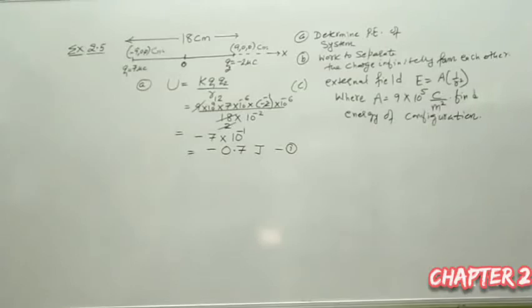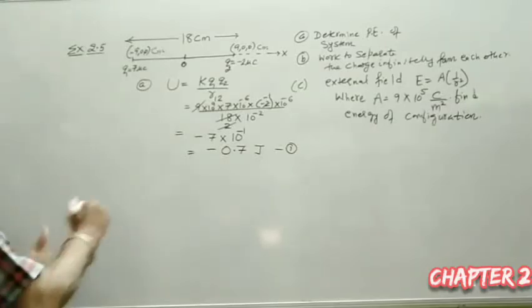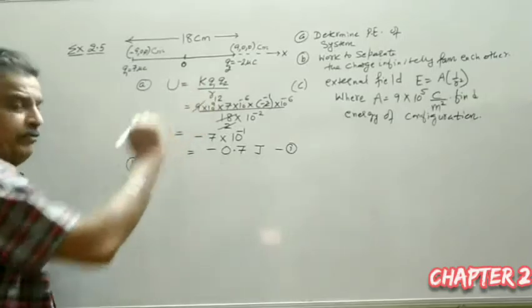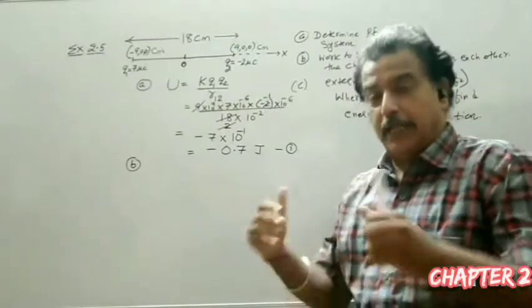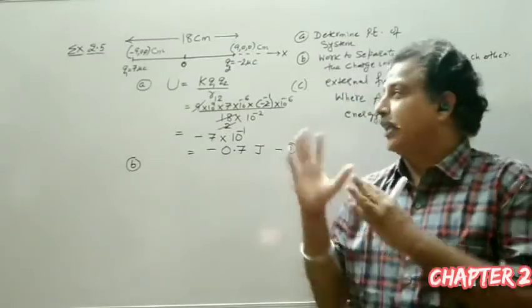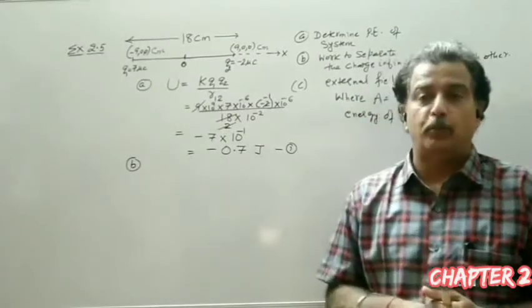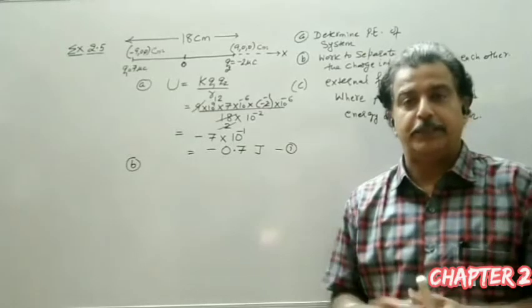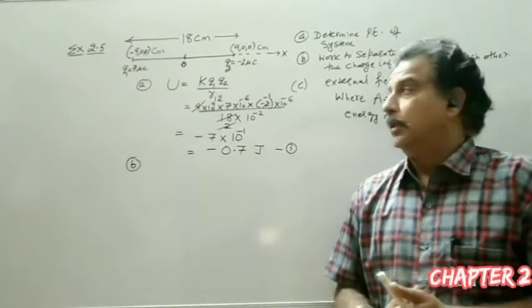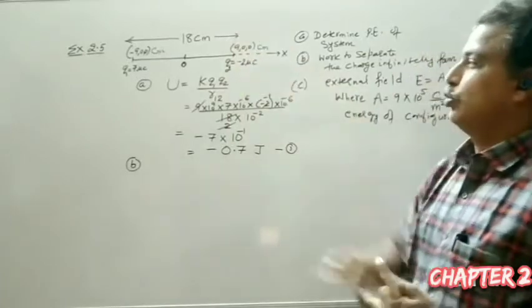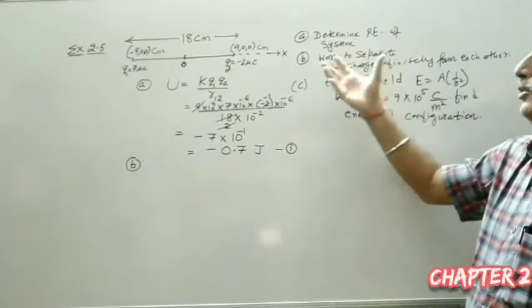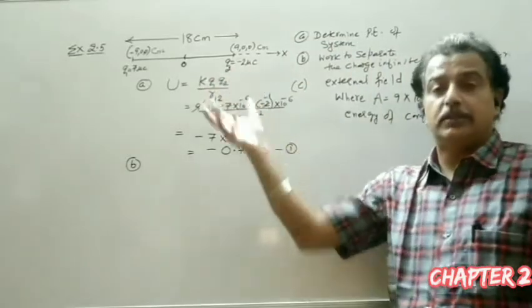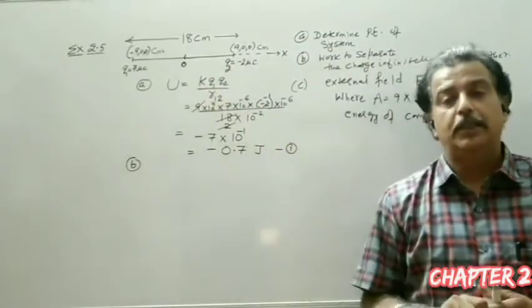So this much energy is required to keep the two charges at a distance of 18 centimeter. Now the second part. This is the one simple part given: this much energy I have to spend to keep the charges at their respective positions, and that is the potential energy of the system. This energy is stored in these two charges. If I say where this energy is stored, it is the energy of the two charges; they are stored in the charges.